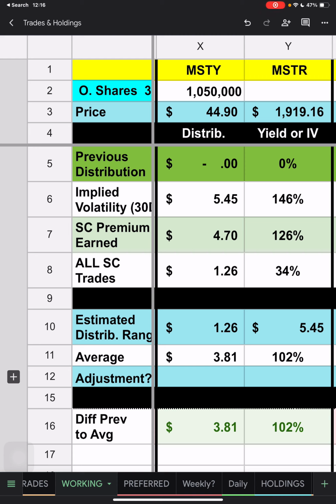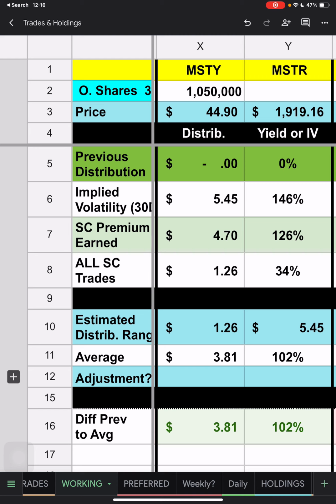I will say that implied volatility is not adjusted for a month and a half. I know that. This is just the same as all the rest of them. But the implied IV on it right now is 146%. If we're looking at the premiums brought in over the past 6 weeks, it's been